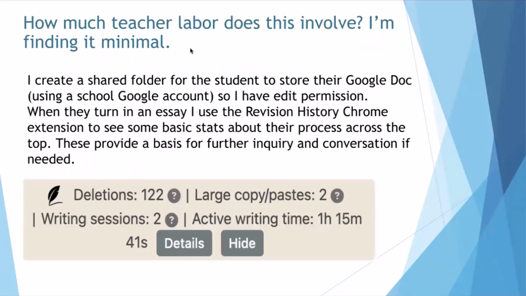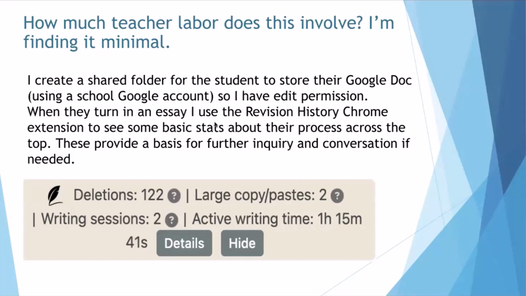I have decided that I would offer students, if they preferred not to have this, they could tell me about an alternate process they want to use. If they're using apps for voice typing or accessibility, they might have an alternate writing process and they don't want to do all their typing in one Google Doc. But I am using this system as sort of a default.